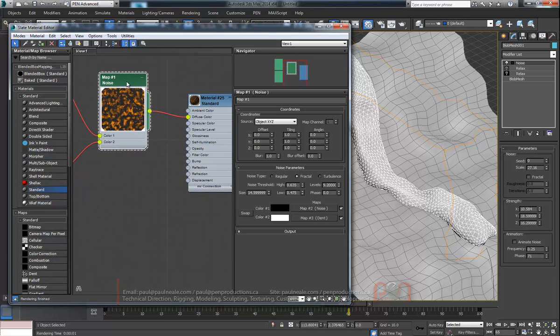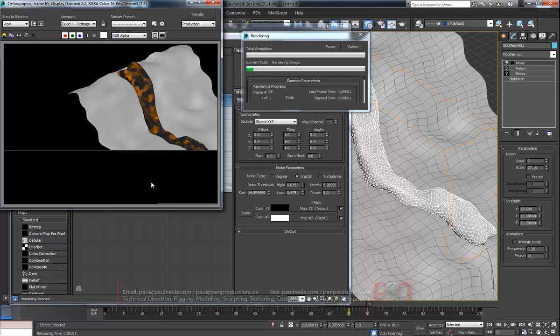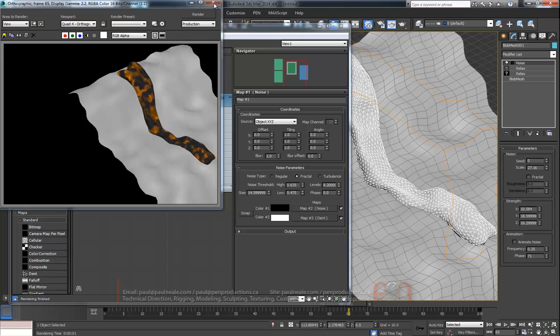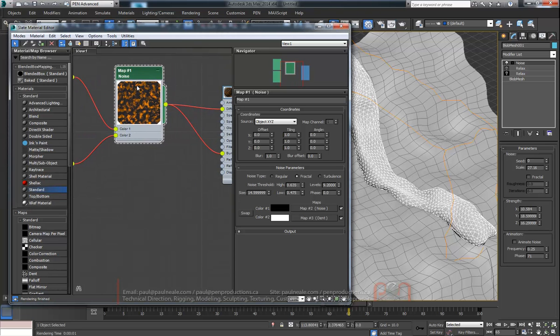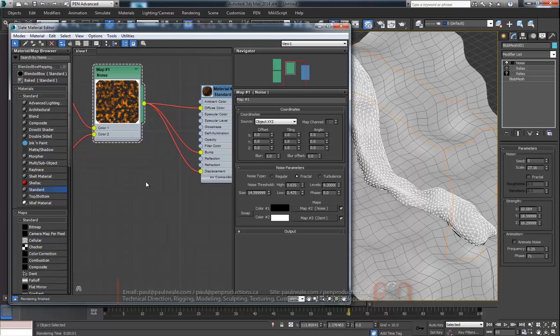Now we might want to do, of course, a little bit of specular and bump and things like that. We could just try dumping that into the bump right now and get rid of some of the smoothness that's happening, and start trying to break it up. We can also get the displacement working and pull this down into this displacement map. Now for the displacement, we want to probably have it a little more